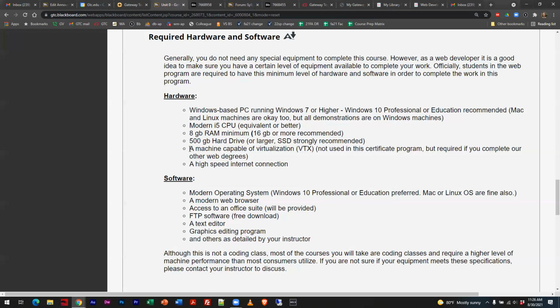Usually to get that level of machine, you're looking at about $800-900 or above, typically. You can get them cheaper, but a lot of times you will walk into a store and say, "Hey, is this machine capable of virtualization?" "Oh, what's that?" That's what you'll get from the salespeople, because for as smart as they are and they know their graphics card and whatever,